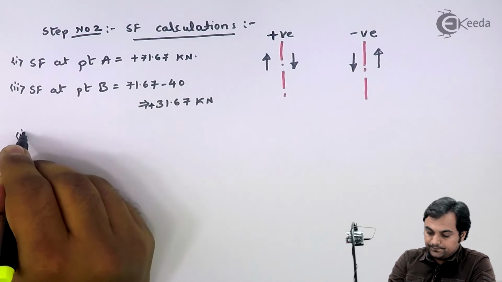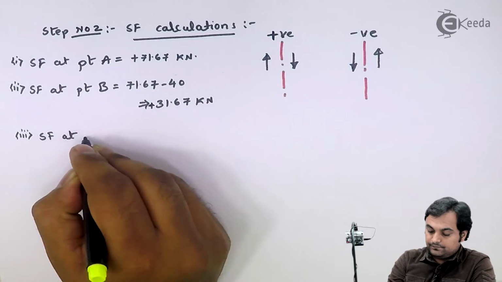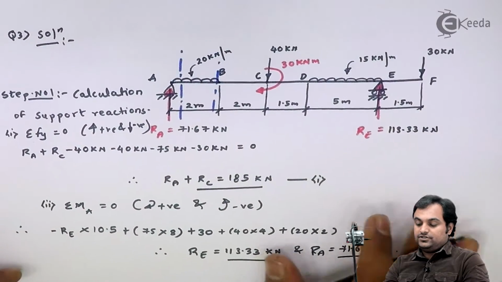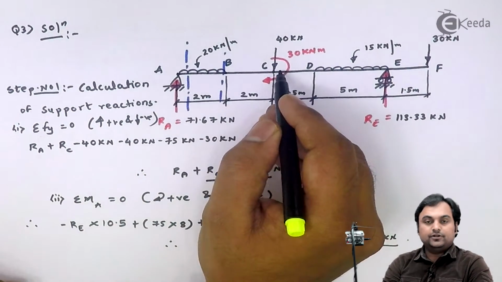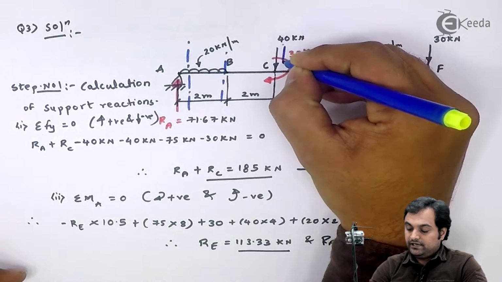Next, SF at point C. Now that will be equal to, this shear force between B to C will remain constant, but the moment I take section to the right of C,